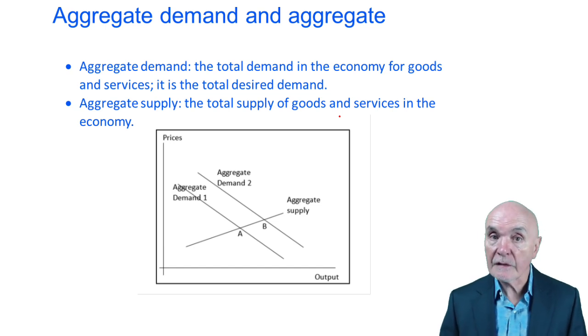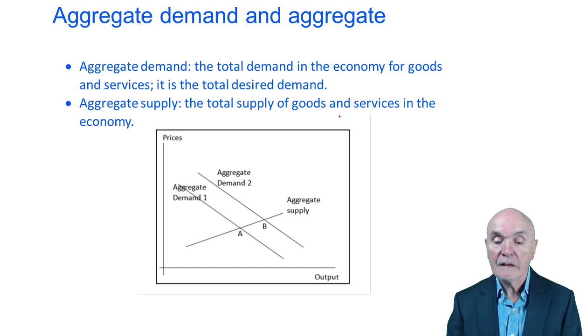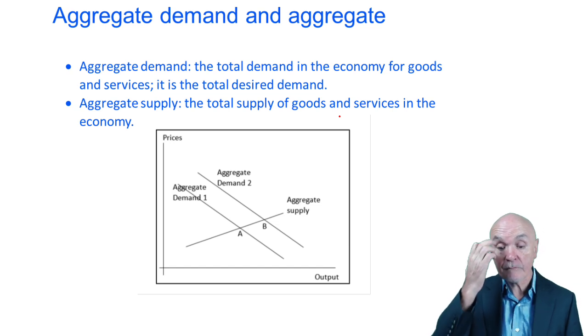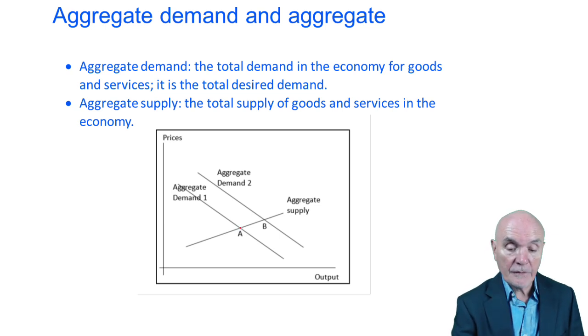Aggregate demand and aggregate supply. Aggregate demand is total demand in the economy for goods. Think of it as a kind of a measure of national income. Aggregate supply is the total supply of goods and services in the economy. So these should match. So here we have an equilibrium point here,